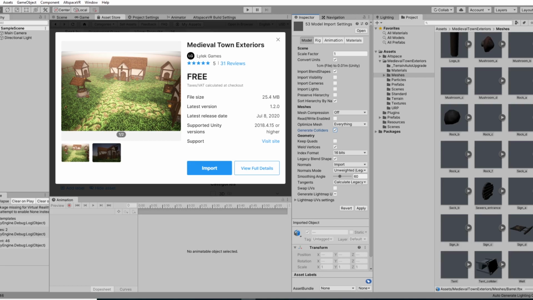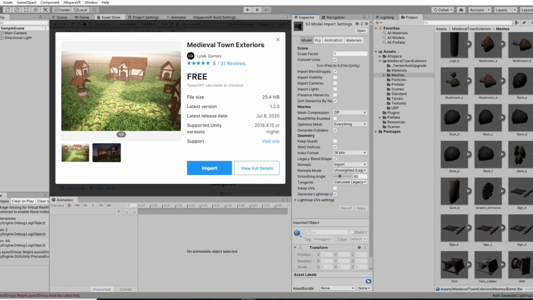And then this is sort of an option, generate light maps. If you plan on baking your lighting, which we're not really going to go into very much in this video, you're going to have to generate lightmap UVs. Then we hit apply and wait for this little green bar to creep across this window. Fortunately, these are really light models. They don't have a very high polygon count, and the textures are a reasonable size. So it's great for building worlds, because it's very performant, it's very lightweight,